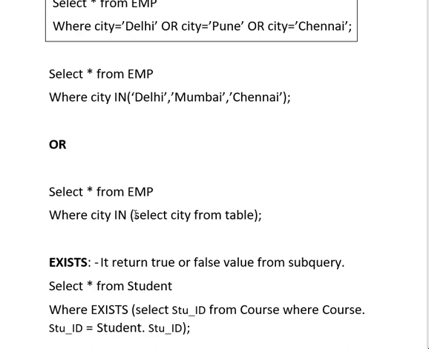In this way my inner query will execute first, and whatever output comes, the outer query will compare each thing from the inner query and according to that give me the result. For example here, SELECT city FROM table, I got 3 cities like Delhi, Mumbai and Pune. Now it will check WHERE city IN Delhi, Mumbai and Pune, and according to that it will give me the output. So that is how the IN operator works.